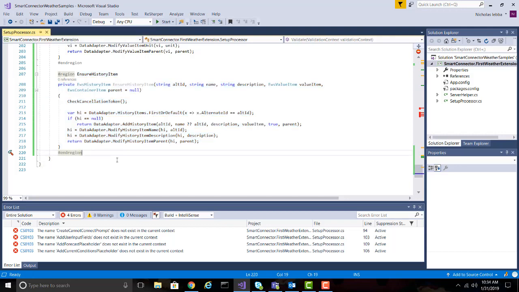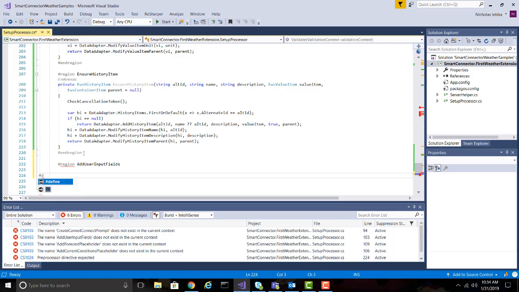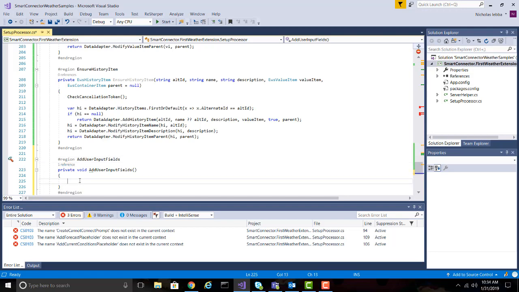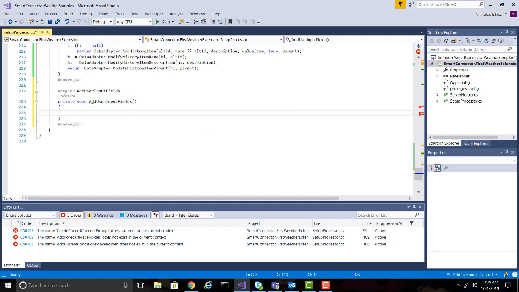The history item, we're going to need to keep track of the history of each item, so that's why that is there. And now, finally, we can add the fields a client can use to set the location. We will be calling this add user input fields. What this method is doing is that we will add the value items clients will be able to write to change the forecast city,